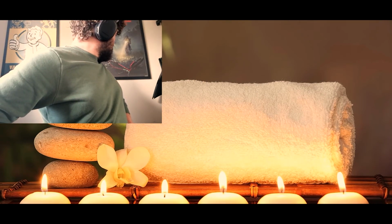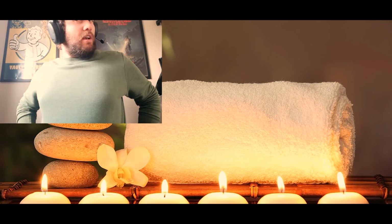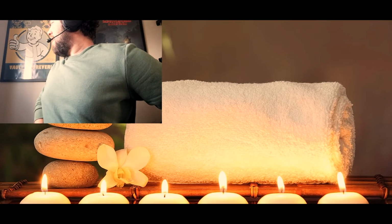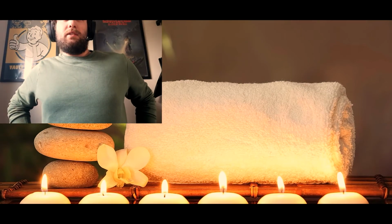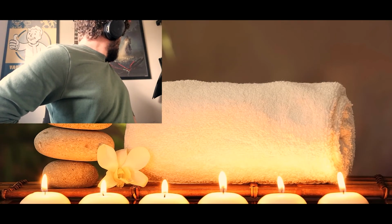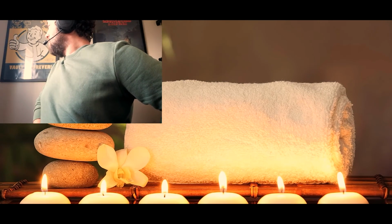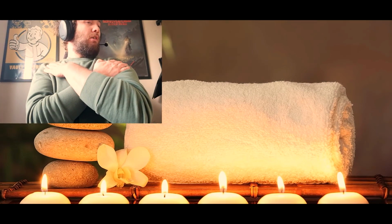Just twist around as far as you can go. Hold it for 5 seconds or so, and then to the other way. It's important you do this on a chair, because we cheat if we stand up. So, there's 2 of these. 3, 4, 5. 2, 3, 4, 5. Next part is hands on the chest,